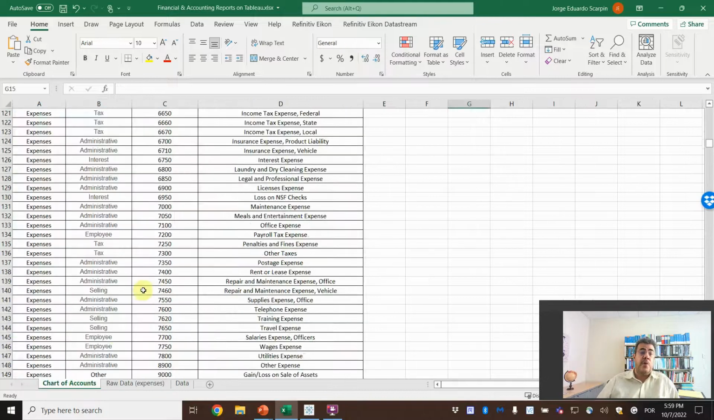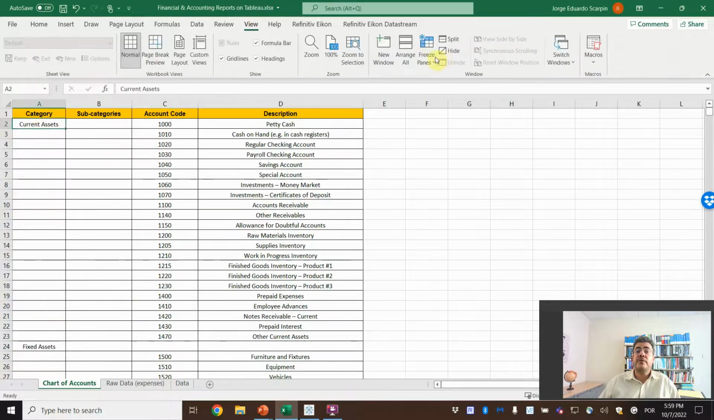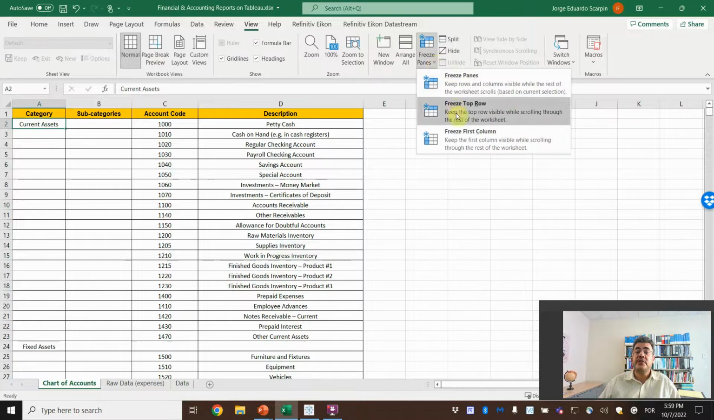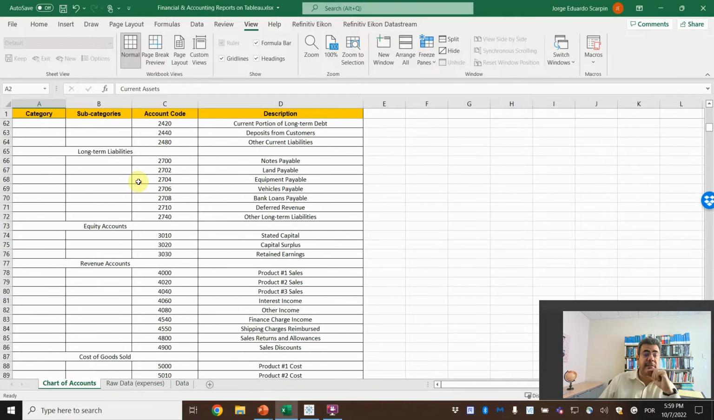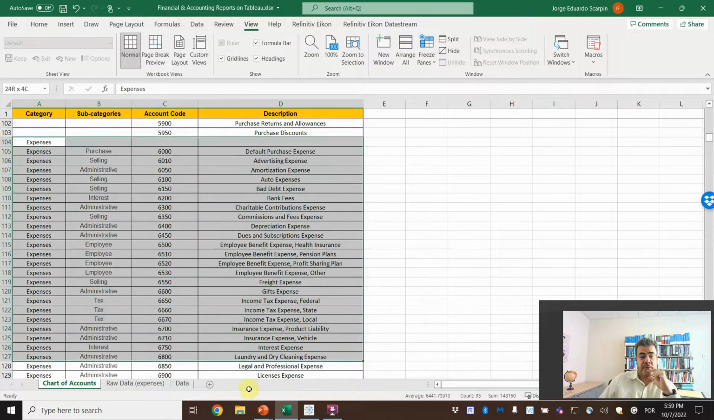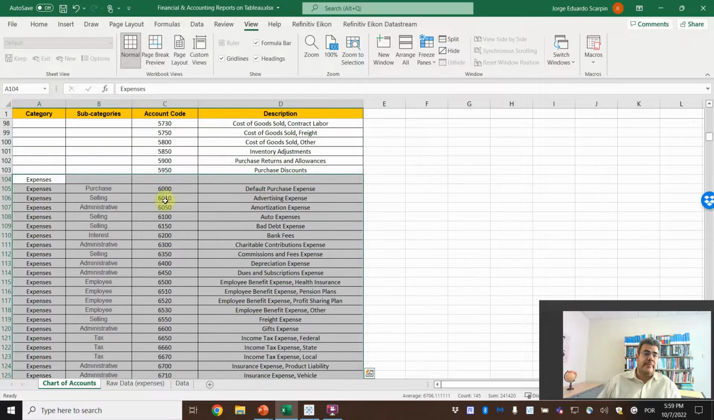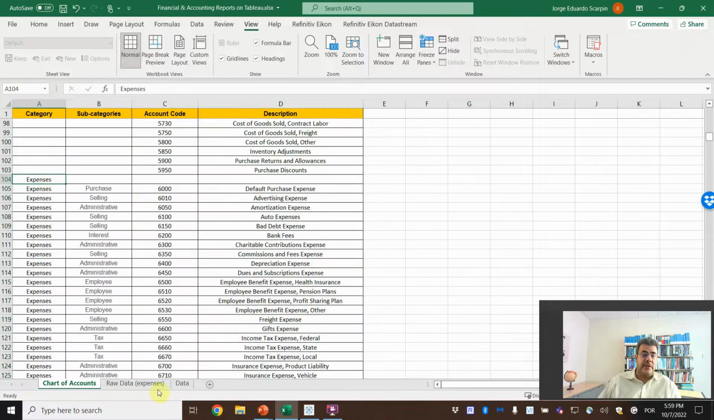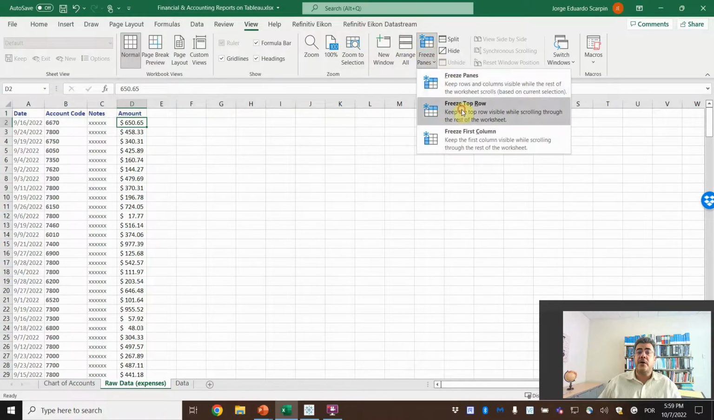And here we have our chart of accounts. So let's go on view here, let's freeze. And here we have our chart of accounts and the expenses. We are doing expenses to not have a huge one, but only a part of it. On Excel, so here, how many? A lot of